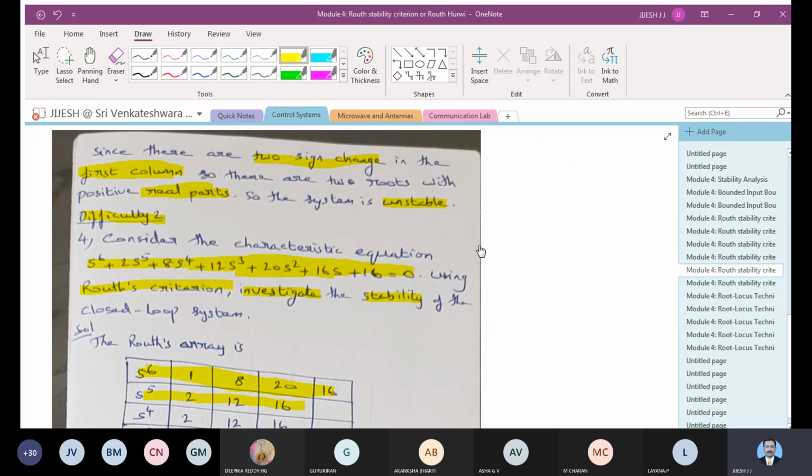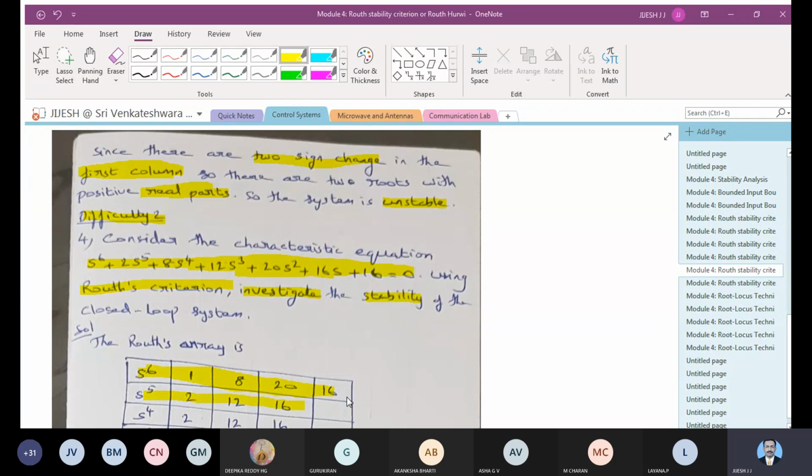We have seen that these concepts are also very important to find out whether the system is stable or unstable. So all of you have completed. You got the coefficients 2, 12 and 16. Okay, you are doing it. I will wait for some time so that you complete that, and the entire row should go to 0. You check it out. In that case, you have to use difficulty 2.